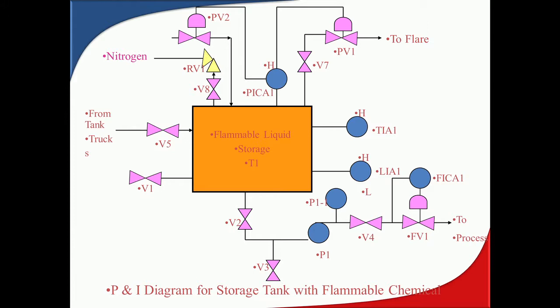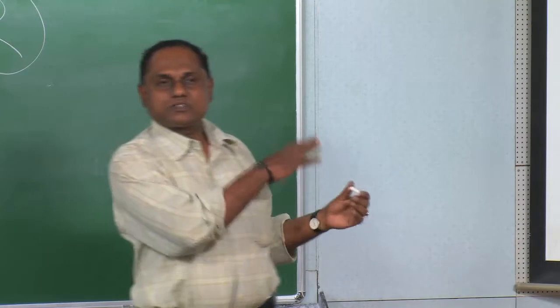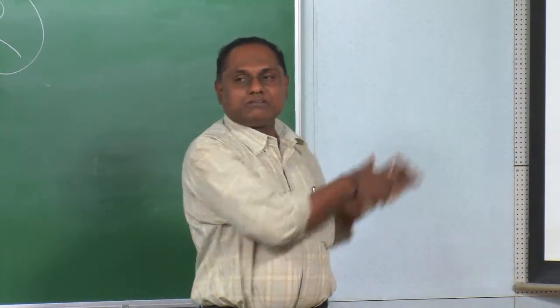Then safeguards: another relief valve. We have one relief valve and one more relief system. What is it? Nitrogen. Now what is nitrogen used for? To decrease the flammability. It's an inert gas, it does not allow oxygen. So in case of fire, we can put that on. It's an inert gas, so that's another safeguard. Okay, so these are the safeguards. You understood now what parameters you need to look into and what the safeguards are. So what can be the cause now, just in a mini HAZOP, of no level in this?